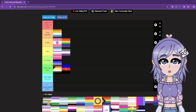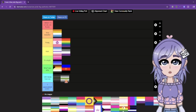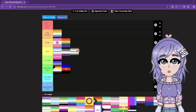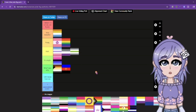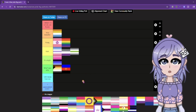But yeah, I'm pretty sure this one's Agender, right? The Agender one, I feel like, is nice and simple as well. Okay, I think this also goes in mint, I'm sorry. I'm not hating on you guys, but it's the grays and then the single color, I guess I'm not crazy about, but I'm pretty sure in some ways it could actually be appealing,